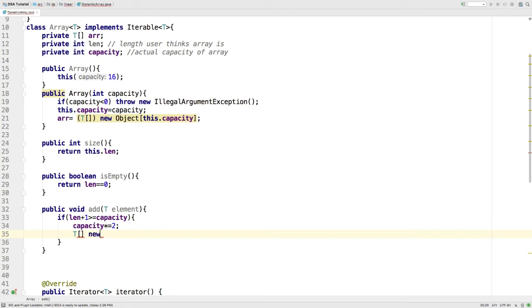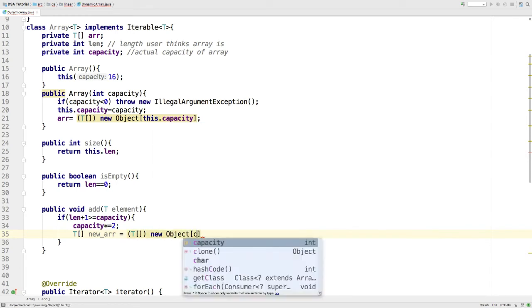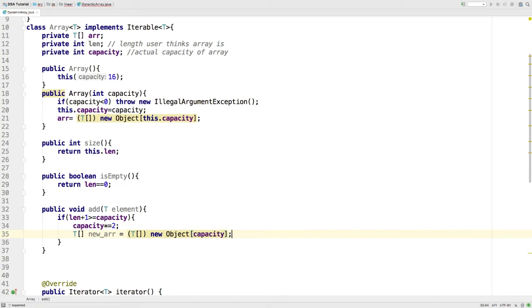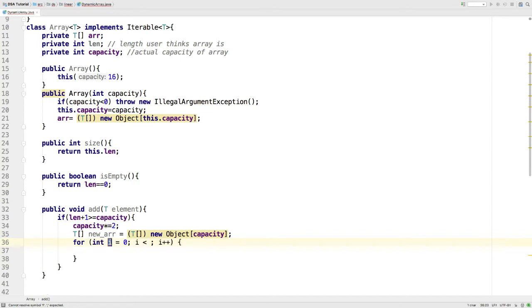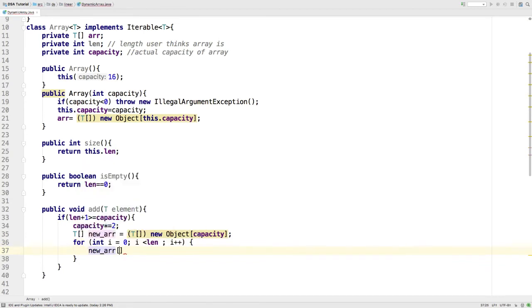So I'll take a new array, and again using a for loop, I will simply copy the contents of the existing array to the new array.